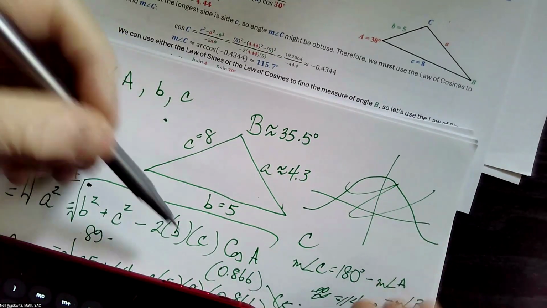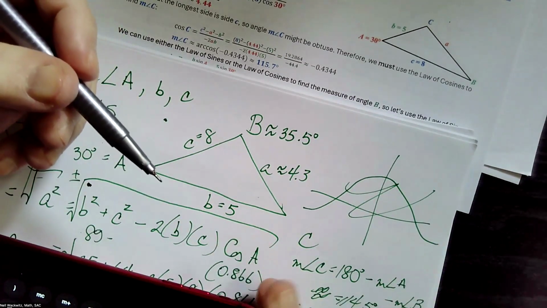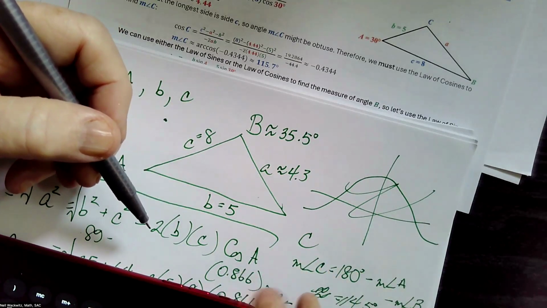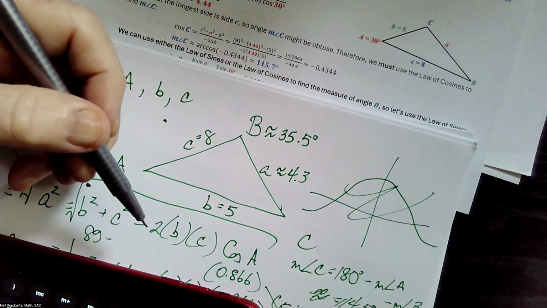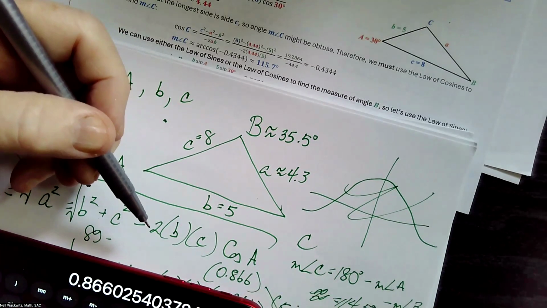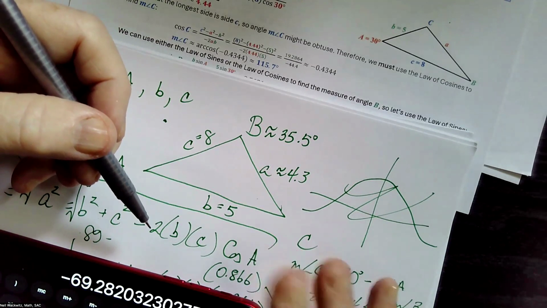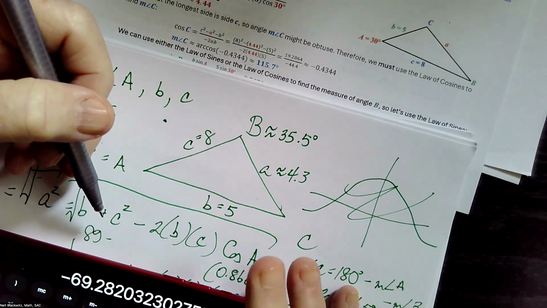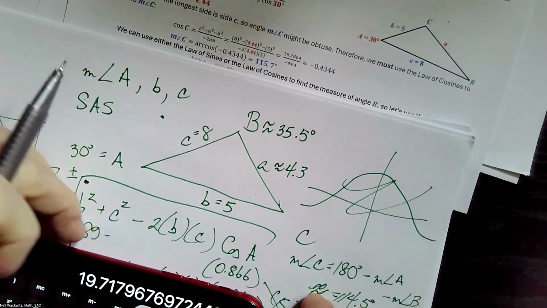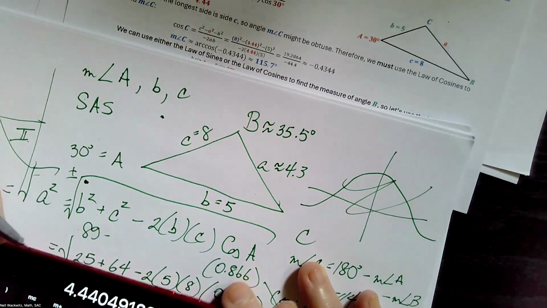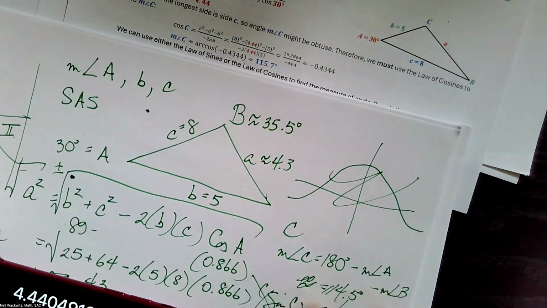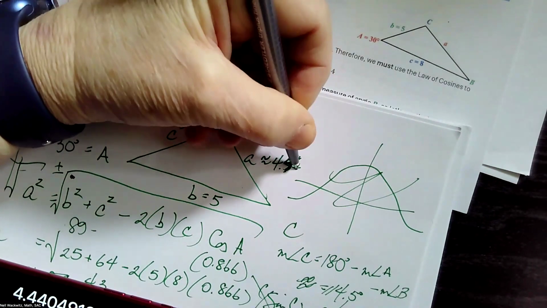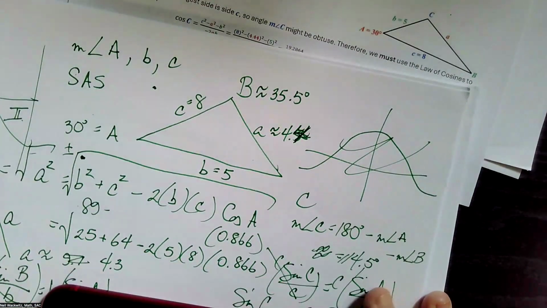And then 8 times 5 is 40, times 2 is 80, times the cosine of 30, negate that, and add that to 89, square root 4.4. And I know it doesn't seem like much, but I think that will make a difference. So using 4.4